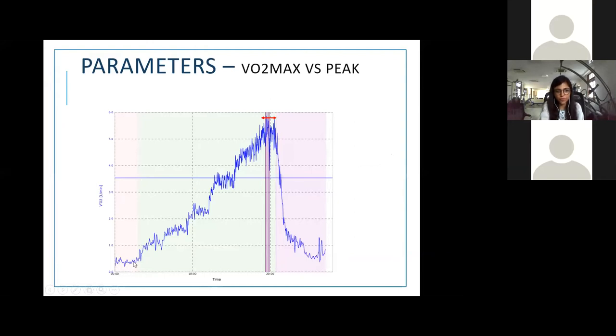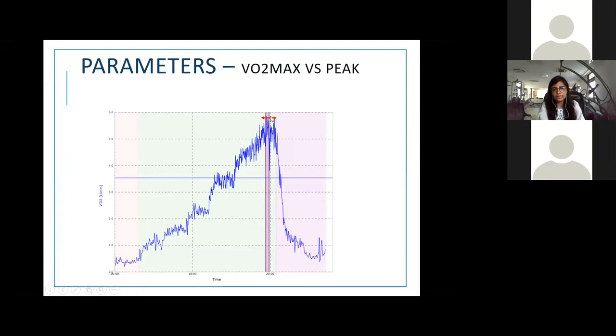As it is from the bottom, if you could see the left side, the orangish zone is the resting value. As the exercise is progressing, the graph is slowly moving on. The consumed VO2 amount is going up and up. And if you could see the red arrow which I have marked horizontally, it is the time when, with the incremental exercise, the VO2 max values remain the same, and then after the test was terminated, the pink zone is the recovery time where the graph is coming down.